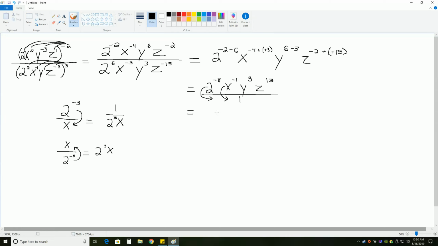So this is going to give us y to the third, z to the 13th, all over 2 to the positive 8 now, and x to the positive 1. And anything to the first power is just itself, so we don't write that exponent. And this is the simplified form of our original problem. Note that we do not need to multiply out this 2 to the 8th power